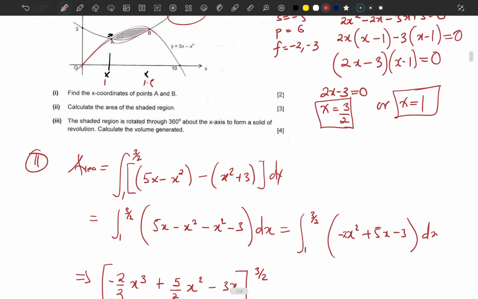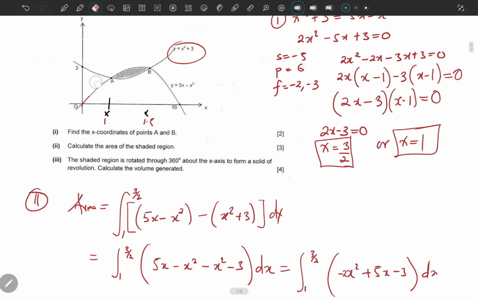The next part is telling us that the shaded region is rotated. So this region here, they're saying they have rotated it through 360 degrees about the x-axis to form a solid of revolution. Calculate the volume generated. So to find the volume generated, okay,